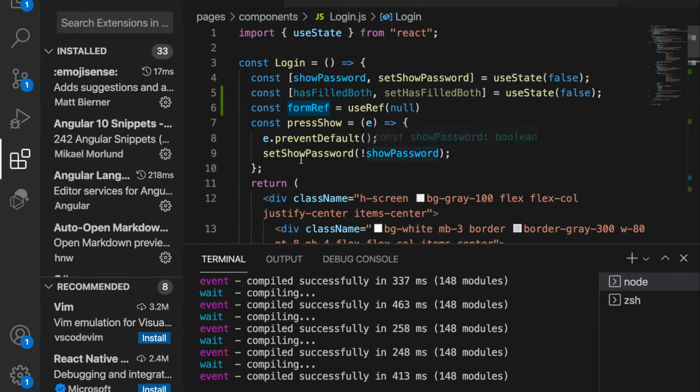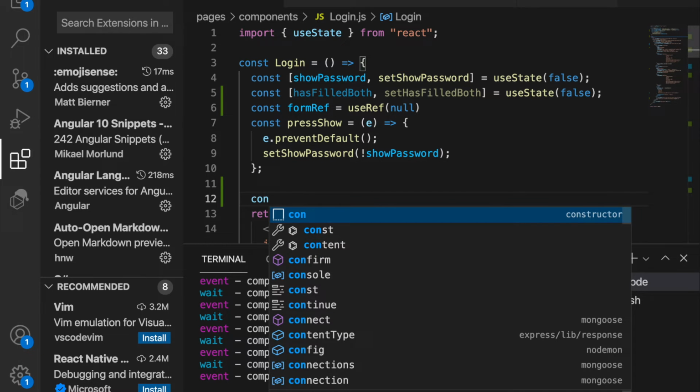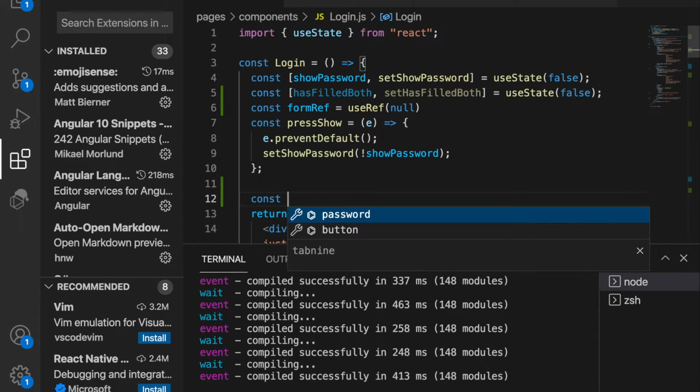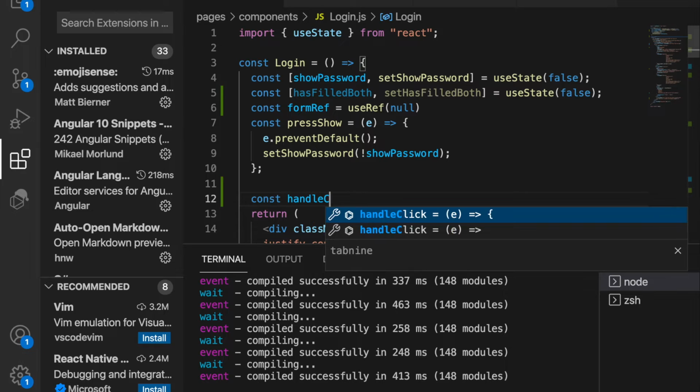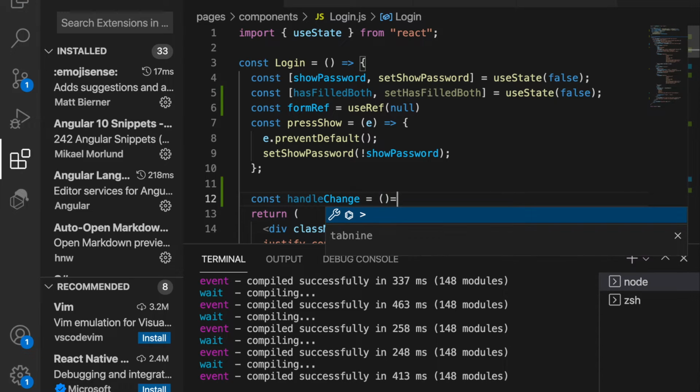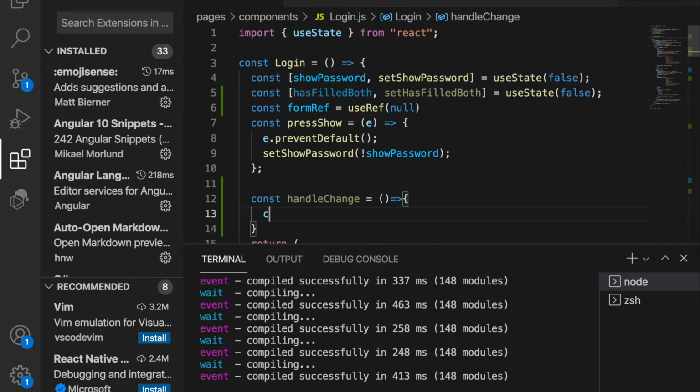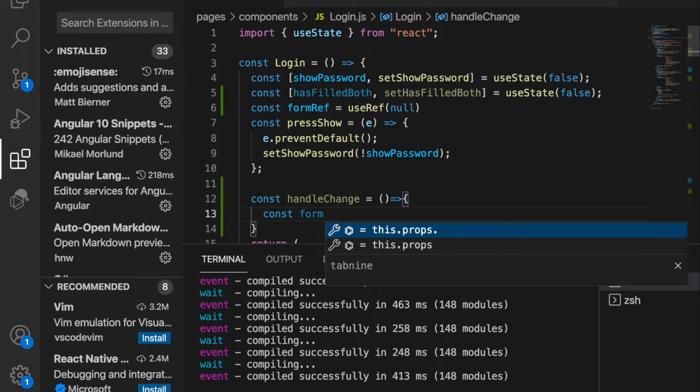So now we are going to create a handleChange function, to detect the change of the values when the user is typing the username or password. So we type handleChange, and then we set the constant form equal to formRef.current,